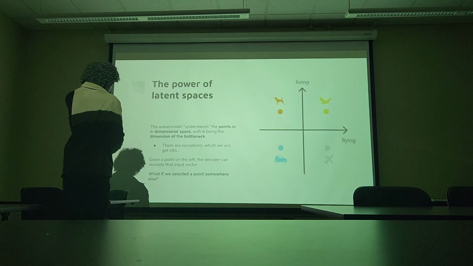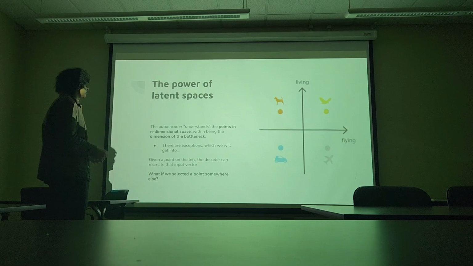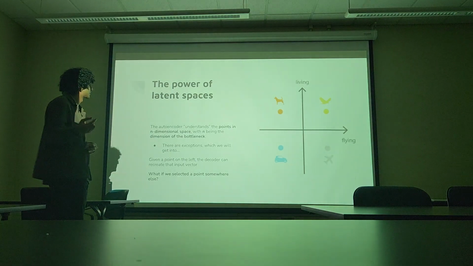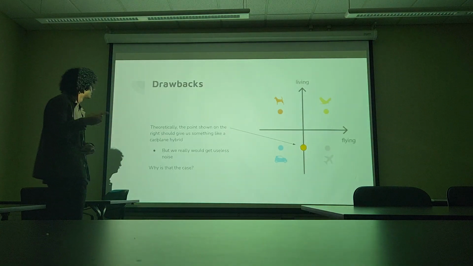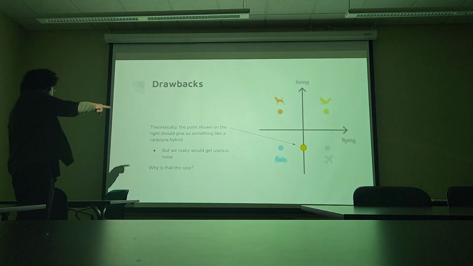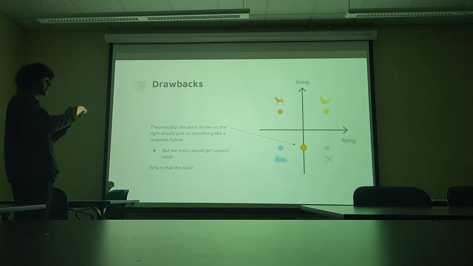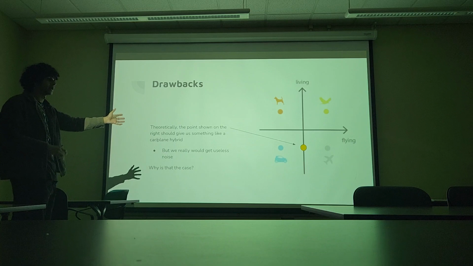So, I guess that's what I just said. It can understand those points in n-dimensional space, in this case 2. So we've chosen our bottleneck size to be 2. But what if we selected a point somewhere else in latent space? So the point shown there, if this was to be a representation and the autoencoder understood the entirety of the 2D plane, that should be some kind of car plane hybrid,